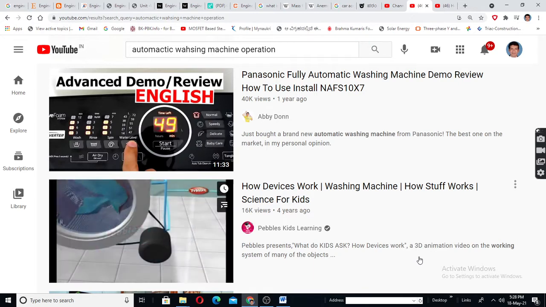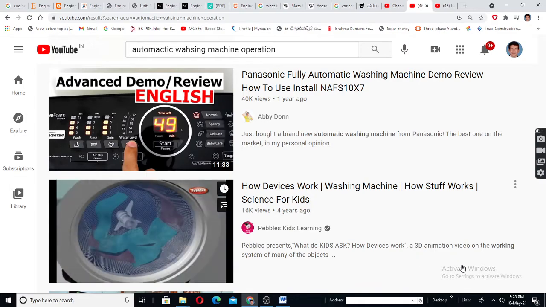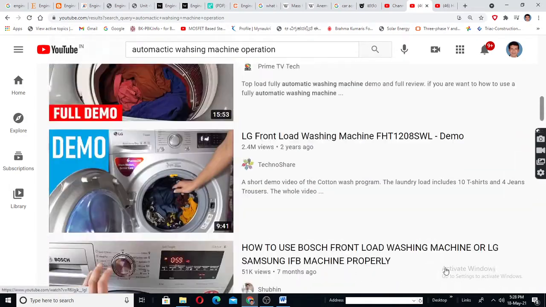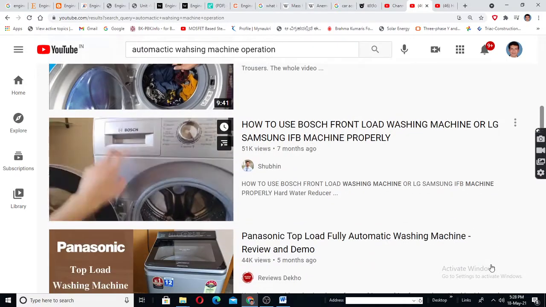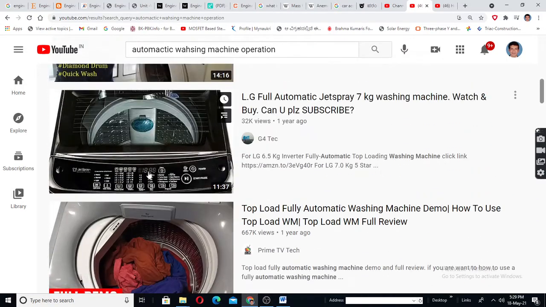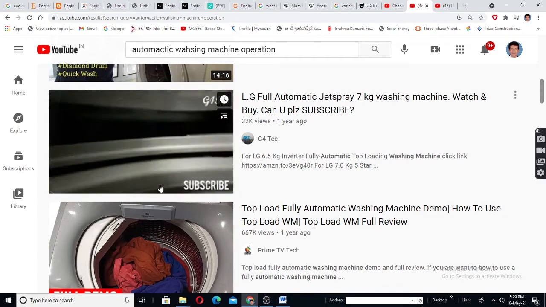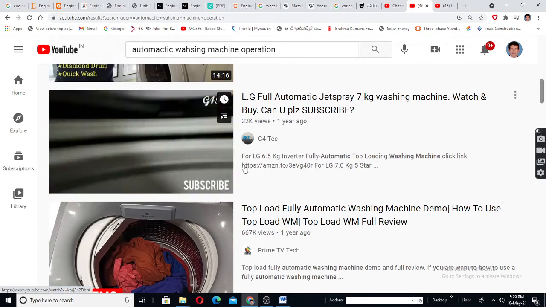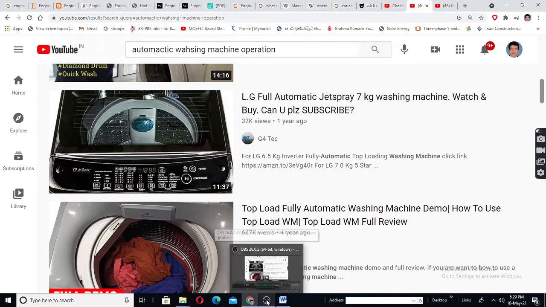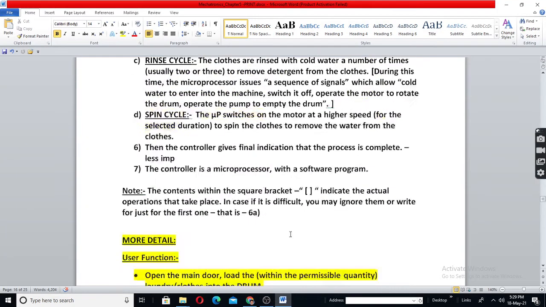In the control console, this is called the control console, meaning keyboard. So you can select any wash cycle how you need. Then after the spin cycle, the controller will give a final indication that the process is complete. Means it will give a beep sound and an indicator.